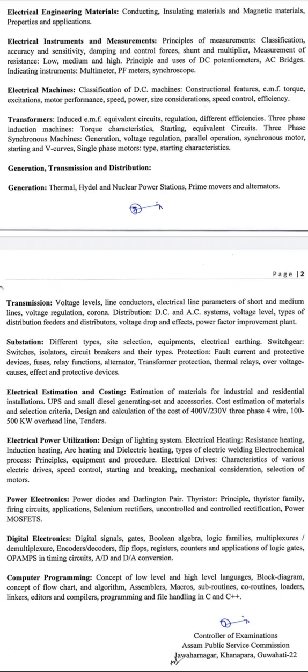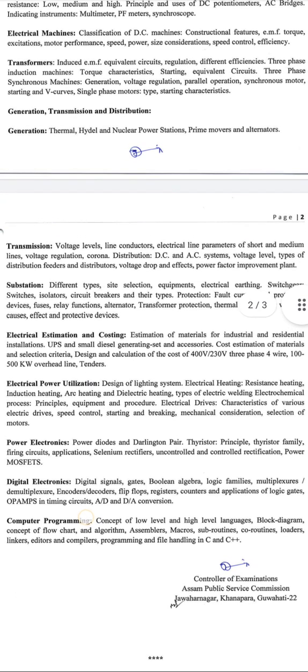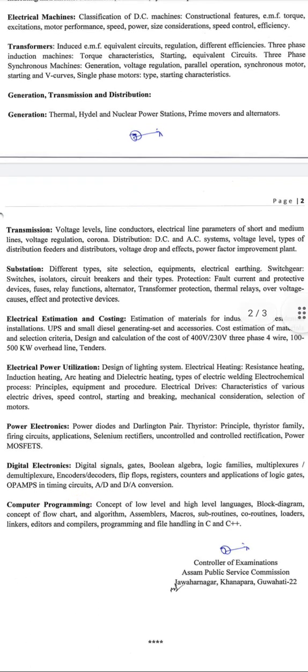Under electrical estimation and costing: estimation of materials for industrial and residential installations, UPS and small diesel generating set and accessories, cost estimation of materials and selection criteria, design and calculation of the cost of 400 V or 230 V three-phase or 4-wire, 100 to 500 kW overhead line tenders. Under electrical power utilization: design of lighting system, electrical heating, resistance heating,